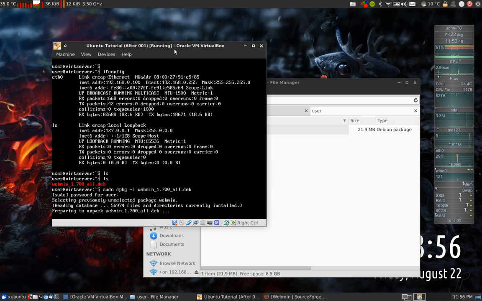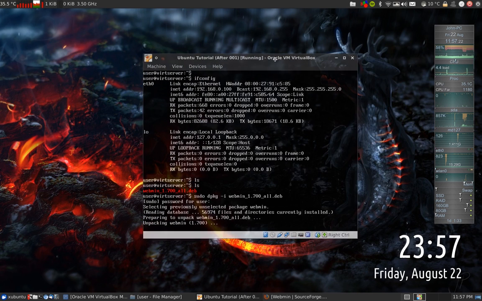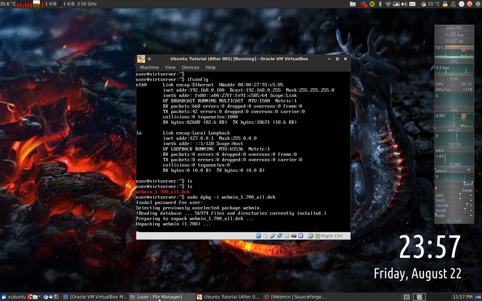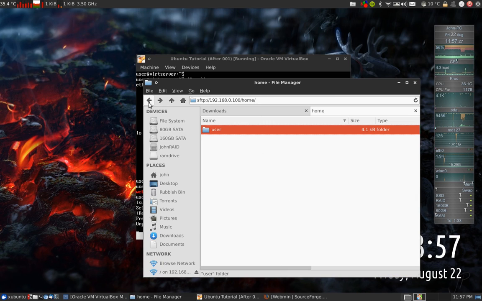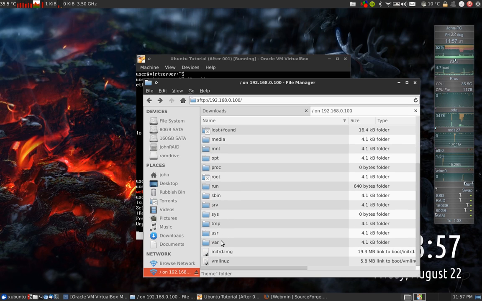Now this will come up with a few errors. The installation isn't perfect at the moment. So once this has started to install, it will come up with a few errors because there are some packages that aren't installed yet. But there's a very simple command that will fix this, as I will demonstrate in a few moments. Whilst this is installing, I can show you that in here is the file system for the server,